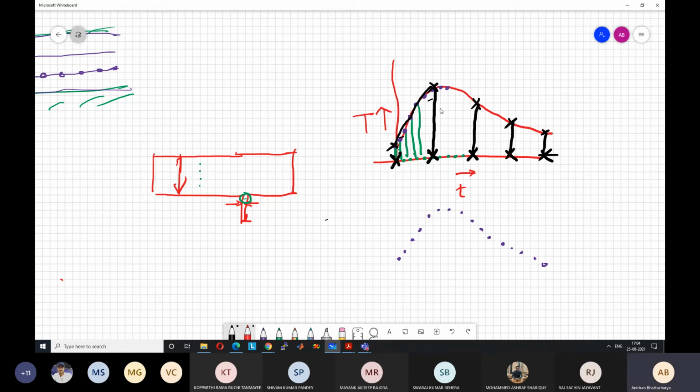Chalkboard is much better. I like drawing using chalk and board. Something like this. It is supposed to be a straight line. So what you are capturing in this one and the other case is like these points.